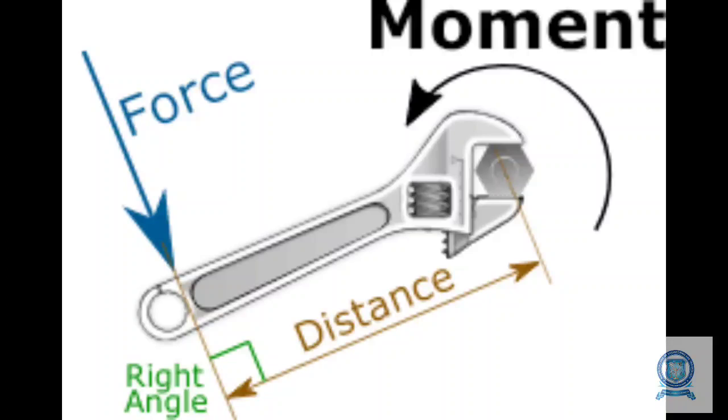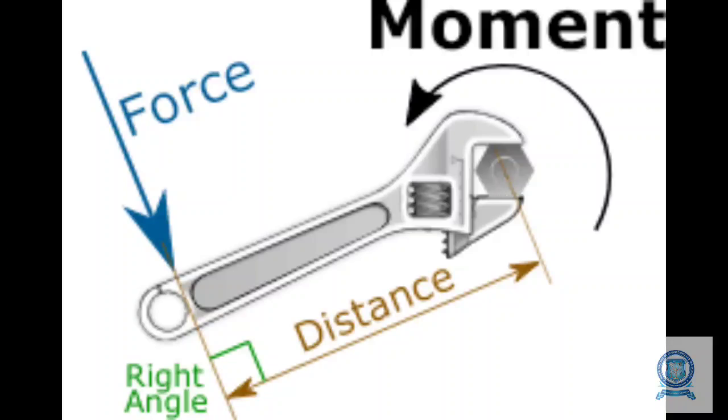Then, how can you define a moment from the given basics? Actually, this diagram specifies one small definition of a moment. You can easily see that there is a bolt which is tightened with the help of a spanner, and the force is applied, shown by a blue arrowhead at the left extreme end, from a certain distance from the center of the bolt. We are taking the perpendicular distance from the bolt, displayed by the brown arrowhead.